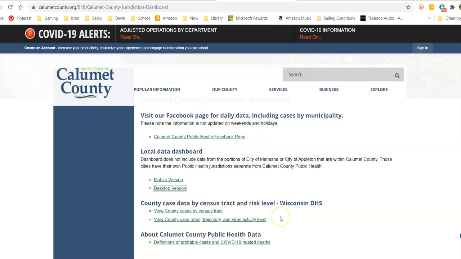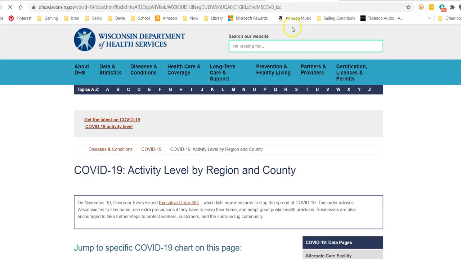Then there are two additional sites that we look at. We go to the Wisconsin Department of Health, which the Calumet County Health Department does provide both links on their website. And we're going to look at cases by census tract. And then we're also going to look at case rates, trajectory, and virus activity level. So I'm first going to look at the case rates, trajectory, and the virus activity level. So I'm going to click on that link, and once again, it's going to open up